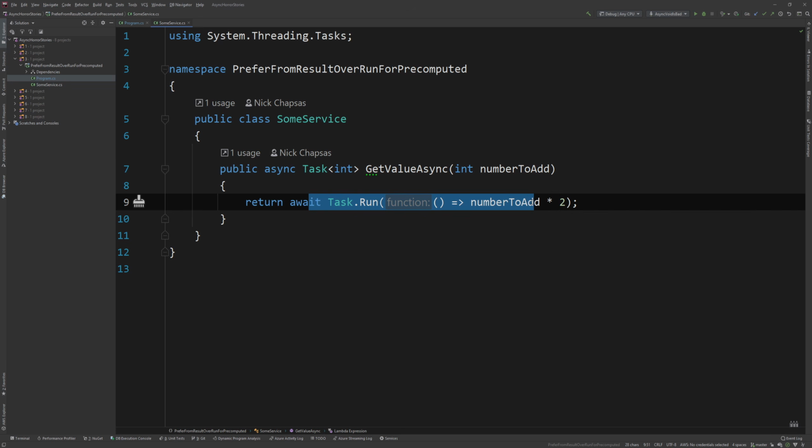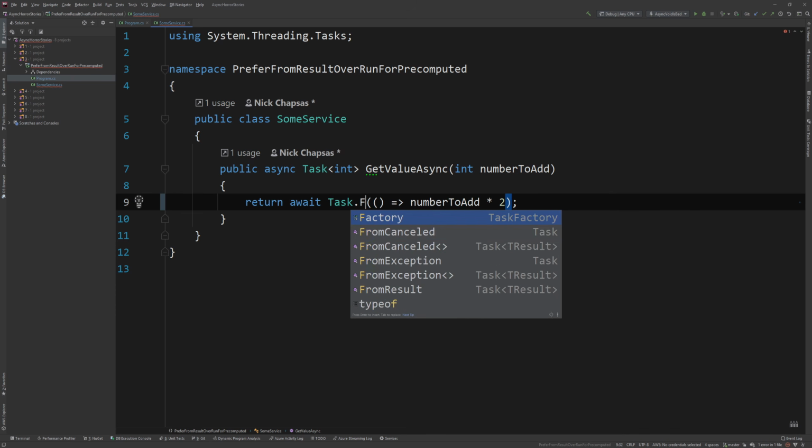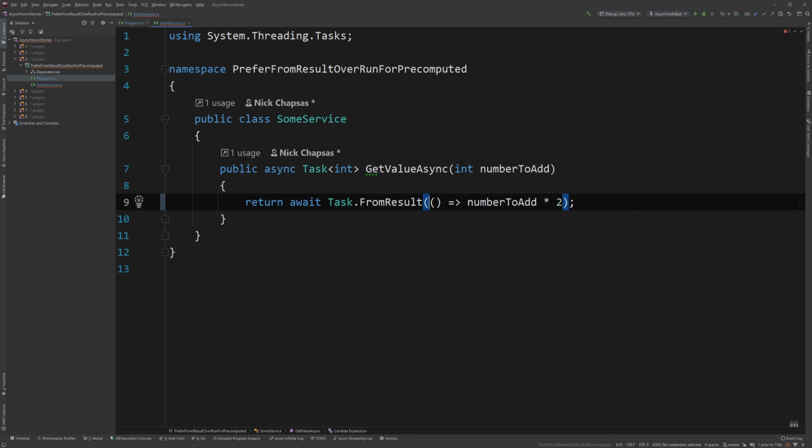Now, the problem with that is Task.Run will waste a thread pool thread and will put it back into the pool without really doing anything with it. So you're wasting resources. What you want to do instead in that scenario is Task.FromResult. And you don't need this. You can simply do that. And this won't actually waste any threads from the thread pool. It's way more efficient. And you could actually take this a step further, because in C#